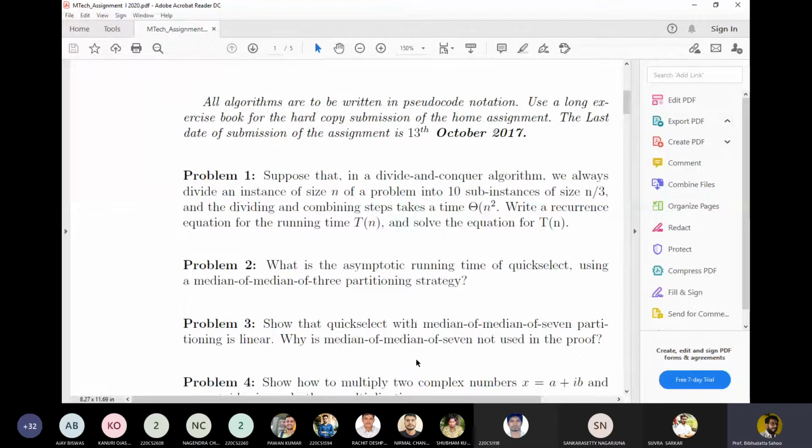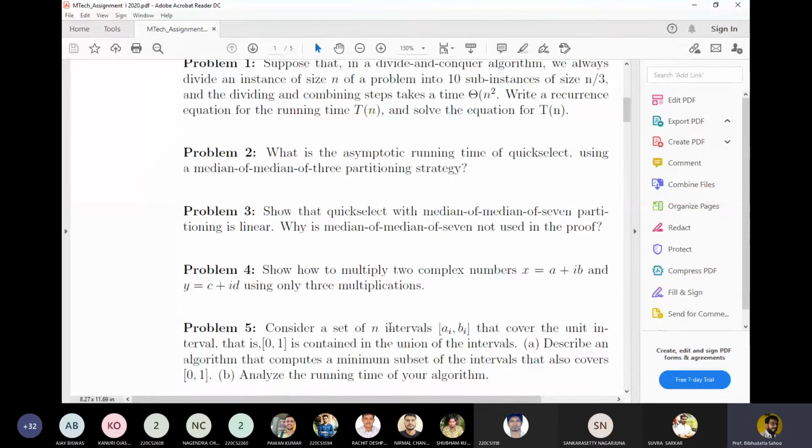So when we look into theta of n square, we can write it as big O of n square. So k value will be 2. So we'll select the appropriate condition and we'll finally write down what will be the solution of this recurrence relation. Okay, these problems which are listed are simple. Sometimes some tricky questions are there.